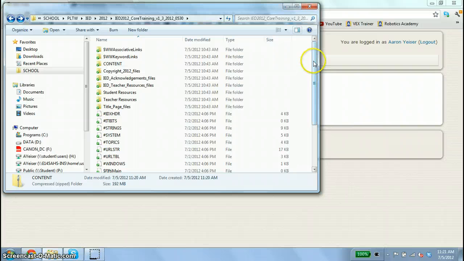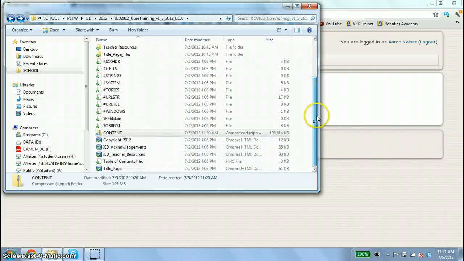And now that that has finished compressing, I should scroll down, and here it is. So there's my content folder. And notice it says it is a compressed file. It's just a little bit smaller than what it was. It didn't compress a whole lot. But they should all be in one file that I can upload now. So I'm going to pay attention to where I'm at in my folder settings, and that's where I'm going to go to in,